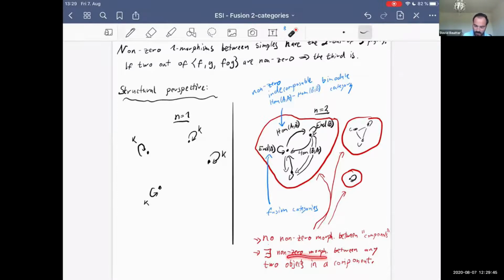There exists a non-zero morphism between any 2 objects in the same component, and there exist no non-zero morphisms between any 2 objects in different components. So I do have these components, and I can sort of move from one to the other only in one component. And then again, from our conditions that we've been seeing, the simple objects themselves, the endomorphism 1 categories, by